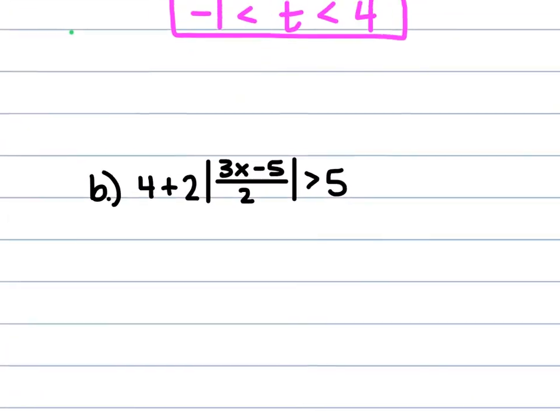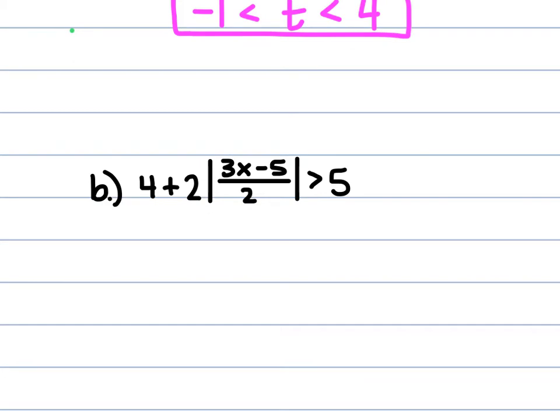For B, a little bit harder now. So we have 4 plus 2 times the absolute value of 3x minus 5, all over 2, is greater than 5. So again, undo that addition or subtraction before you undo multiplication or division. So the 4 is what we're going to be moving over first. Remember, you cannot combine that 4 and that 2 because that 2 is being multiplied by the absolute value of something. So again, you have to undo that addition or subtraction first before you undo the multiplication or